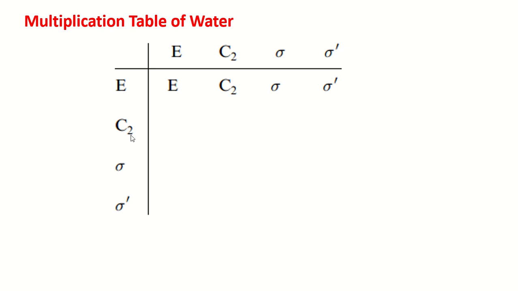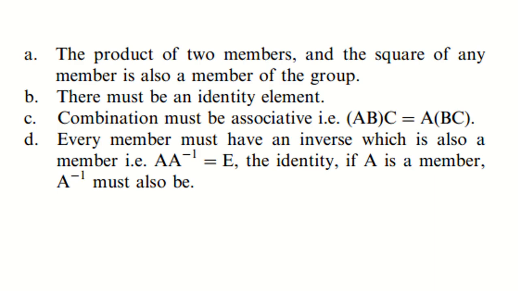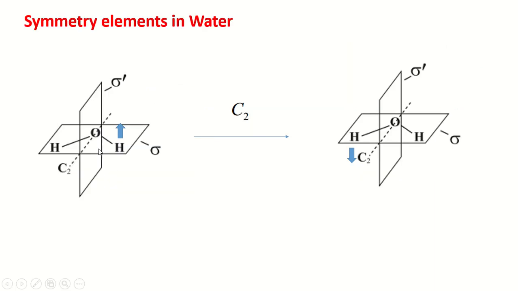For this we have to apply the C2 rotation and then the identity, and the resultant would be C2. So we have to write C2 over there. What happens if we apply the C2 operation to the water molecule and then C2 again? From here we can easily understand the resultant. We have already told you that if we perform C2 rotation about this axis of rotation, the resultant would be like this one. So again,